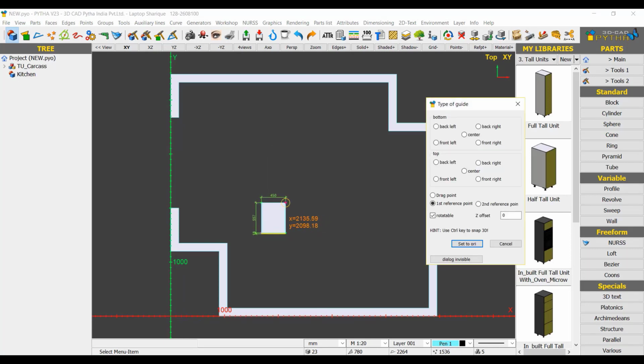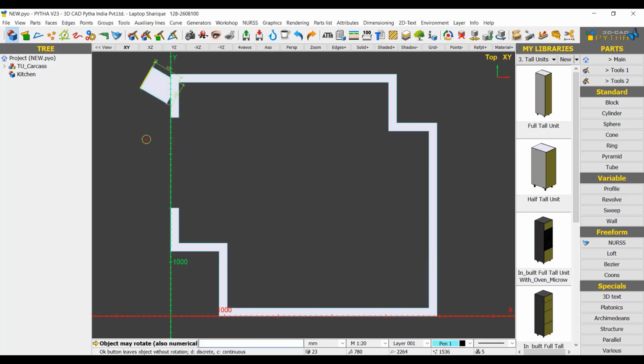Once I've completed defining the parametrics, a dialog box will appear which will help me in placement of the cabinets. I can shift from the first reference point to the second reference point either by clicking on the second reference point, or there's a shortcut key on your keyboard, that is the numerical value 1 and 2. You can use 1 for the first reference point and 2 for the second reference point. The first reference point helps in the position of the part and the second reference point helps in the rotation. I will now use the second reference point for the position of my part and the first reference point for the rotation. To confirm the placement of my cabinet, I will right-click on the screen.